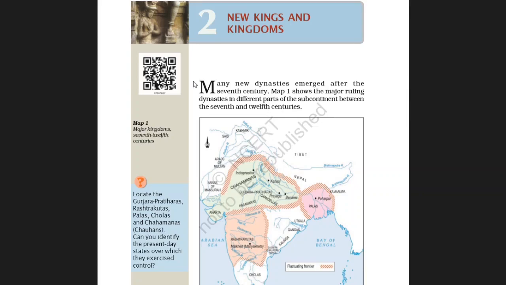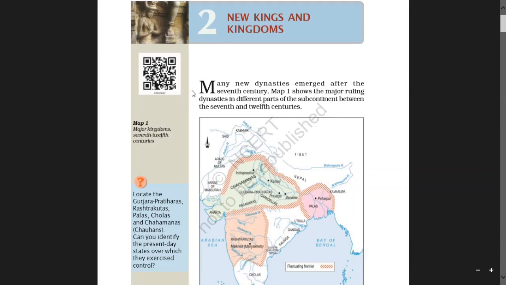In class 6, we have learned about ancient traditions. We have seen some small kingdoms such as Harshavardhana's emerge. I think you remember that. Let us start from there and see which kingdoms emerged in India. Who were the rulers? How did they come? So, we are going to learn about all this.